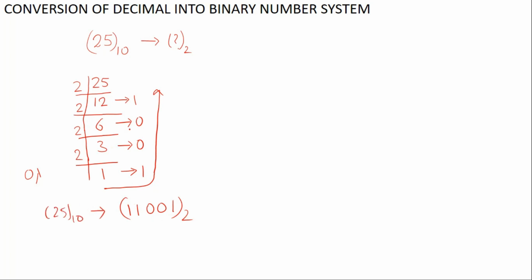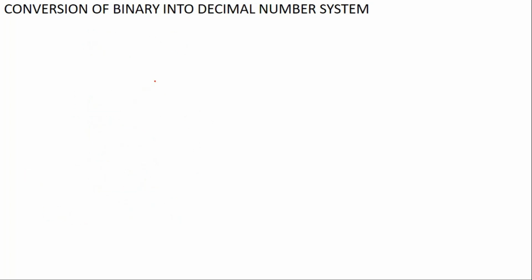Okay, now the first remainder that we have got is called least significant digit, and the last remainder that we have got is called most significant digit. Hope this conversion is clear to you. Now next conversion is from binary into decimal number system. So let us take an example of